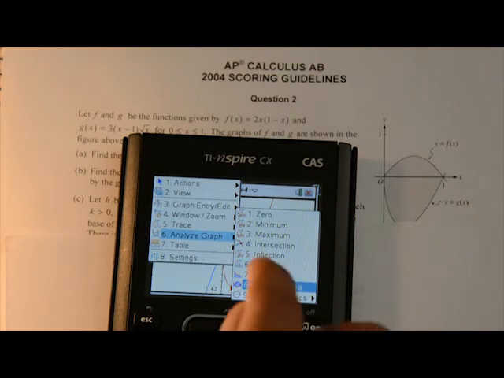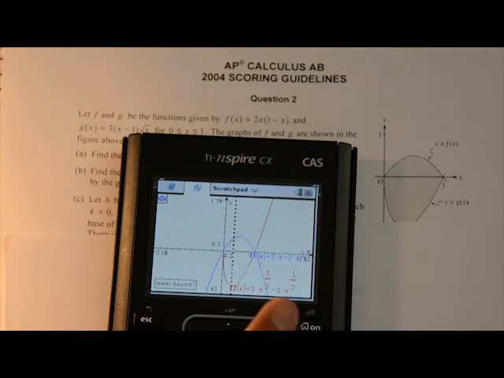Set your lower bound up here, and then you go to your upper bound, and it gives you your zero right here at 0, 0. So now this looks really messy, so I'm going to clean this off a bit and move on to an FRQ